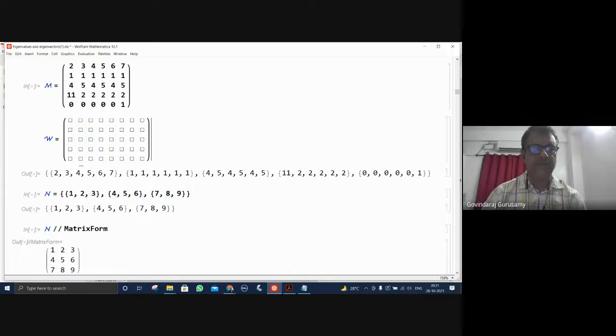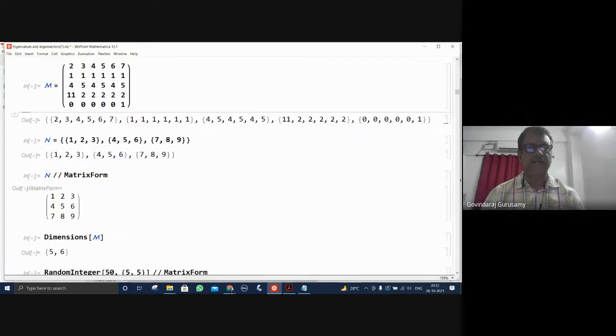Control enter creates the column vectors. Then after making a column, decide the number of columns which you want, and after completing the column, add control comma. That automatically generates the next column. So repeat that and you have the matrix nicely entered, and you will get the complete matrix which you wanted to generate. That's how it's done.